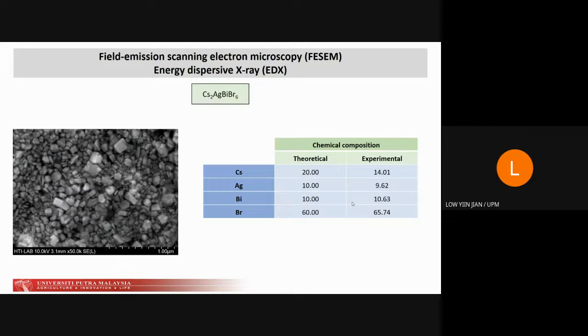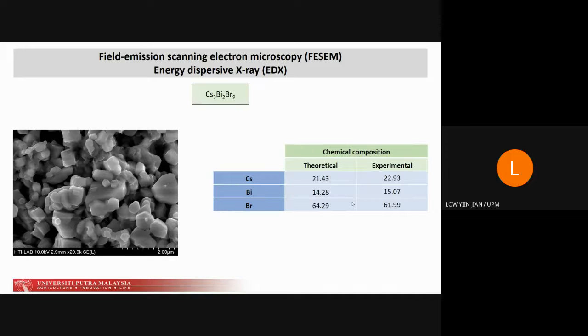The PCM image for the 2116 structure shows nano-cubic sized particles ranging around 100 nanometers, revealing the nature of the 2116 structure's cubic system. And the chemical composition of the 2116 indicates a bromide-rich or cesium-deficient condition in this particle, as this condition results from the bismuth-rich reaction medium that is necessary for the silver bromide precursor solvation.